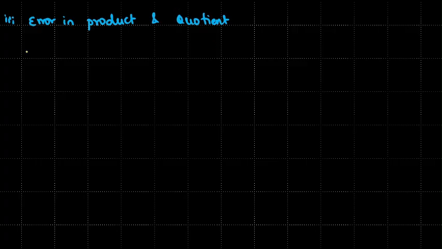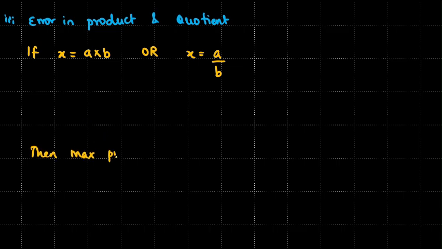So if x equals a times b, or x equals a by b, so a divided by b, then maximum possible value of relative or fractional error